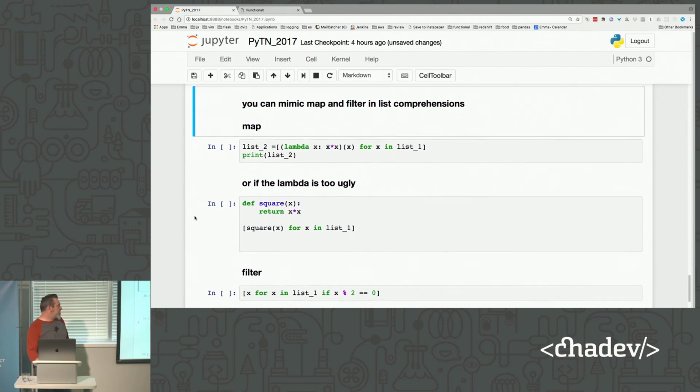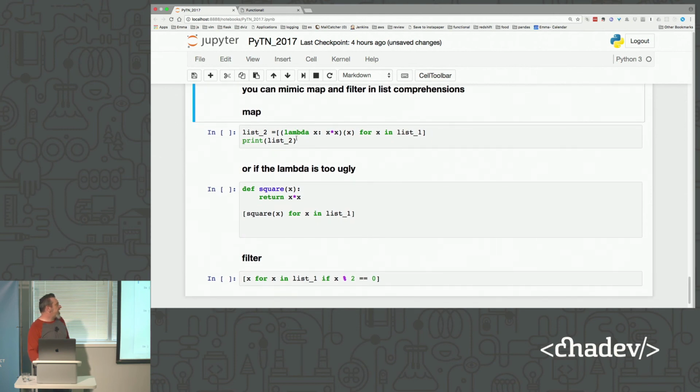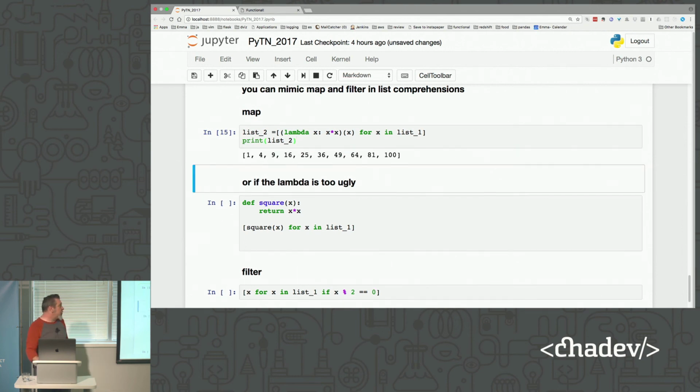Okay. Quickly, just to finish up here, like I said, we have these built-ins, but you can do a lot of the same kind of stuff with comprehensions. My guess is you can do the same thing with comprehensions in your languages, if they have them. This is a list comprehension. Lists in Python are in square brackets. All this does is say, for every X in list 1, I want you to run this lambda on every item in that list.